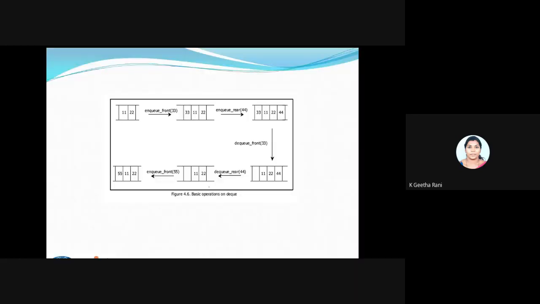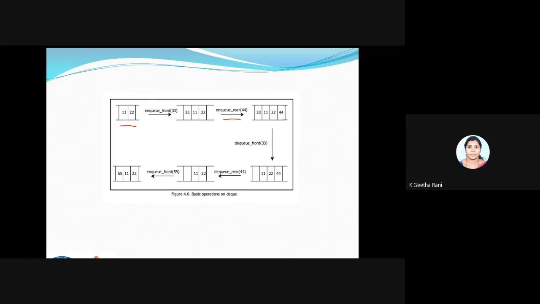So you'll get inside the operations. It's just a diagram of how it happens. Fine. This is what the basic two data is inside the DQ. I'm trying NQ of front, which means I'm trying to insert at the front. So automatically the front is going to insert the value, so 33 will be before 11. And then I'm trying NQ of rear.